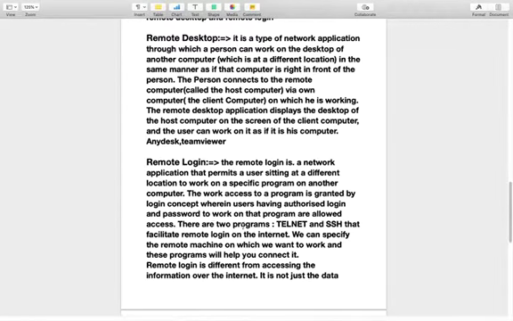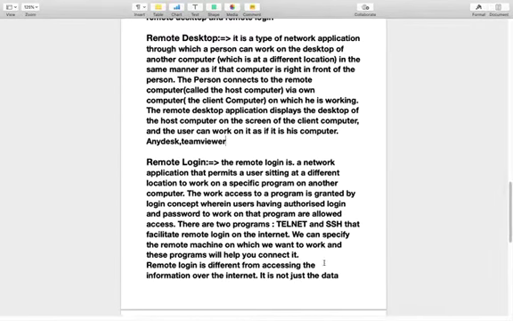There are two types of program available for remote login, Telnet and SSH, that facilitate remote login on the internet. We can specify the remote machine on which we want to work, and this program will help us to connect to it.